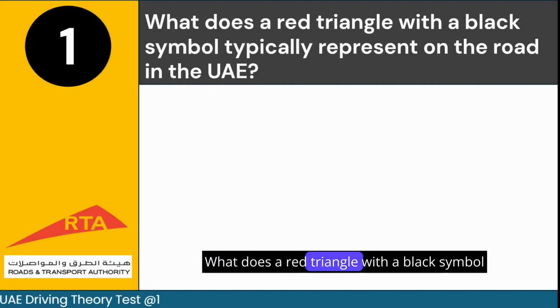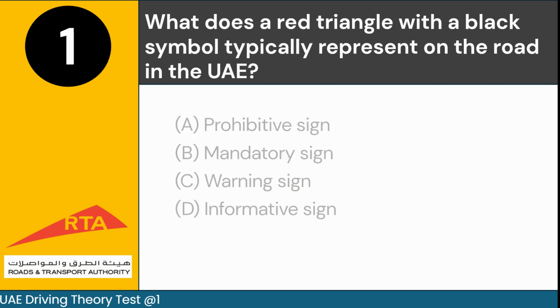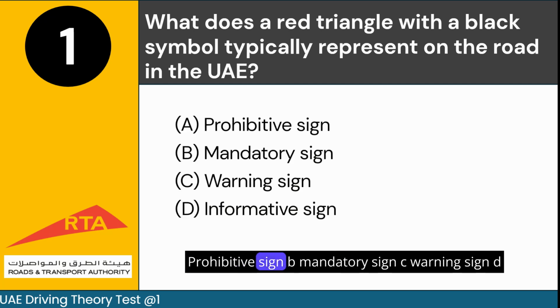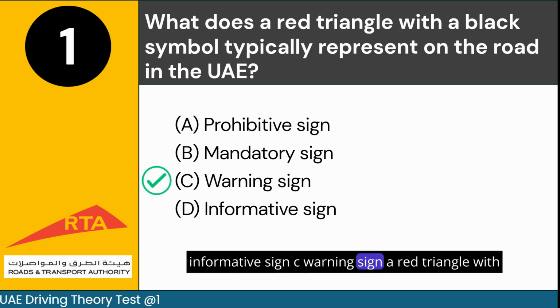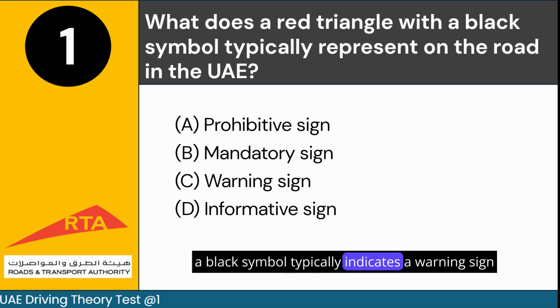What does a red triangle with a black symbol typically represent on the road in the UAE? A. Prohibitive sign. B. Mandatory sign. C. Warning sign. D. Informative sign. Answer: C. Warning sign. A red triangle with a black symbol typically indicates a warning sign, alerting drivers to upcoming